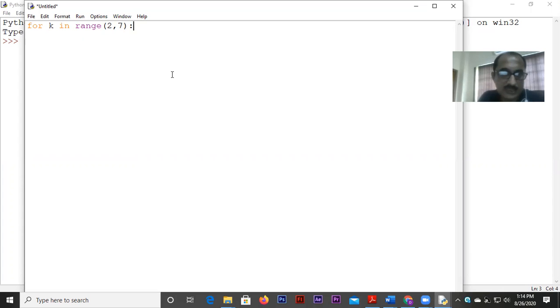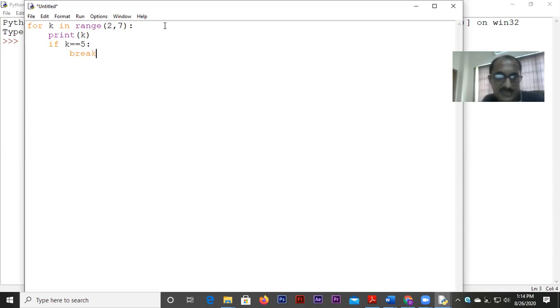Okay. Now what I've done, look at this. I wanted to print all the values of the loop variable. So k will be printed as it is. But what I have done, I have written if k double equal to 5, that when k is equal to 5, you break the loop. That means I did not let the loop continue up to the last point.